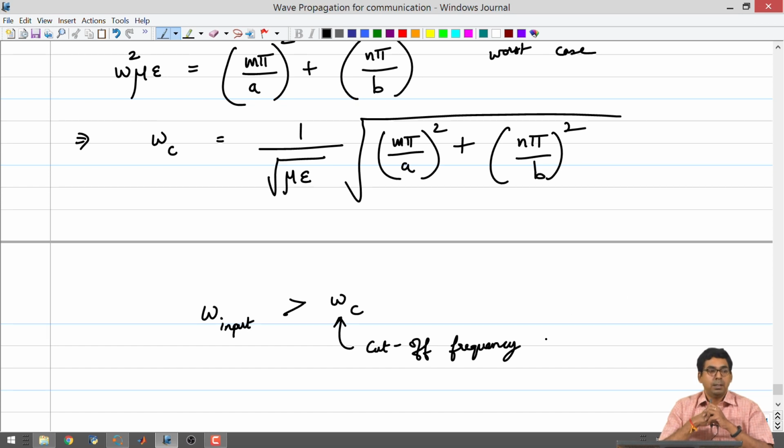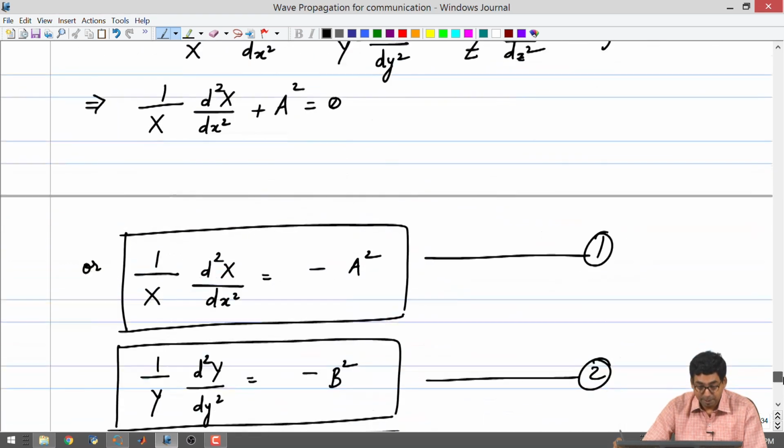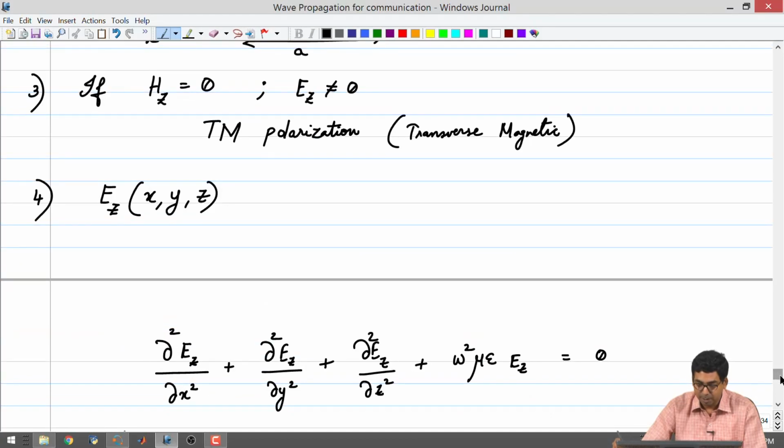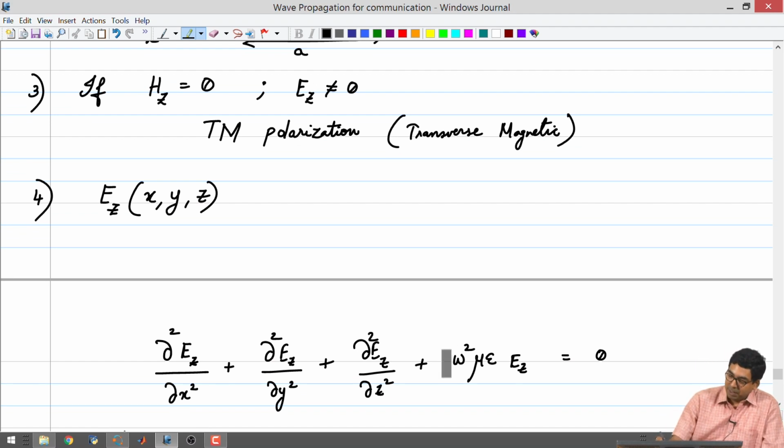Okay. There are also other ways. For example, you could start with the wave equation and use the computer to find a few of the solutions to the modes. In other words, when you look at the wave equation that we started with, you will realize that while we were beginning, we did not know Ez, we did not know what form it would have, what variation with respect to space it would have. And we did not know much about omega square mu epsilon Ez as a result, because we did not know about Ez.